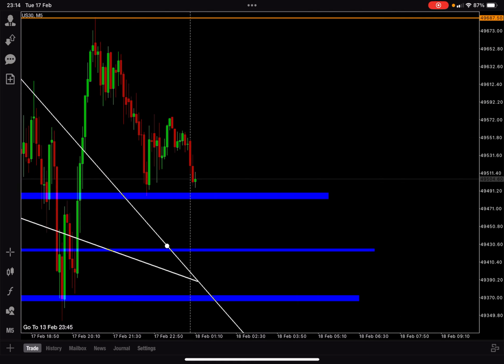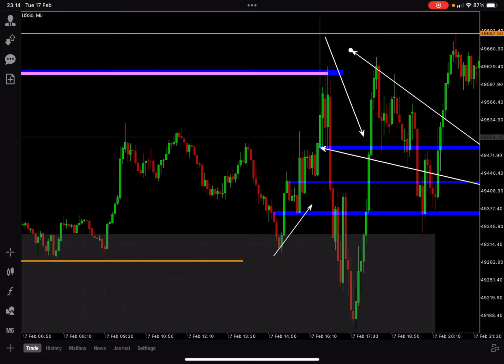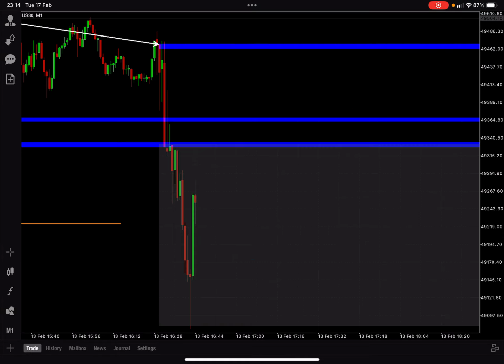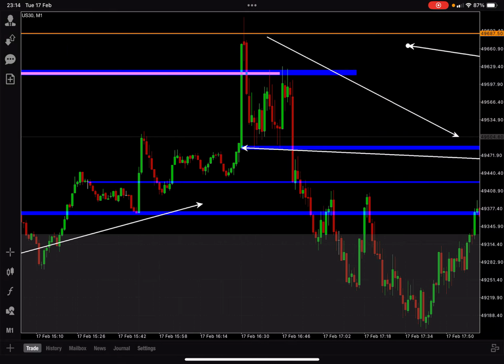So let's go down to the smaller time frame so we can look at that in a bit more detail. You can look at it on the 5 minute, but let's just go down to 1 minute so you can see every single thing. The New York session opens, pushes up, and then after this area, you'd be looking for rejection. So as price starts coming down, you get into the sell, stop loss at the high, and you just